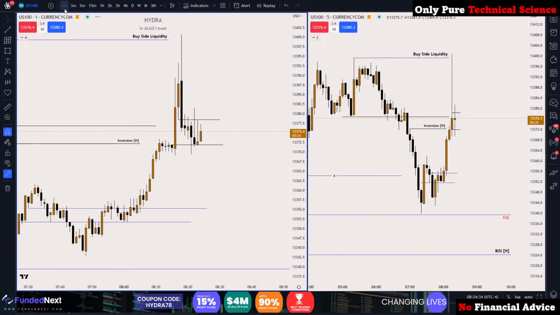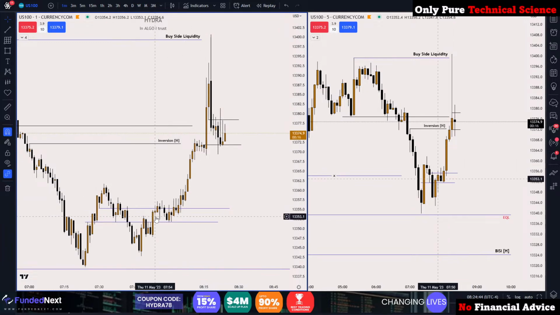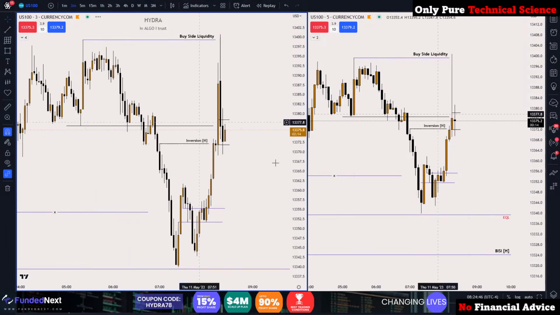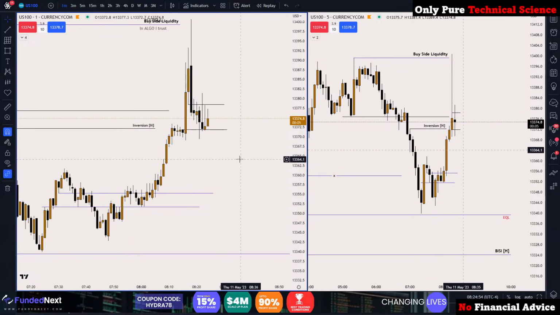can we short here? I do see relative equal lows here, unfilled fair value gap here. If we are taking this trade, we can take a partial. Where can we take a partial? We can take a partial at this candle side. That's a mitigation block. But